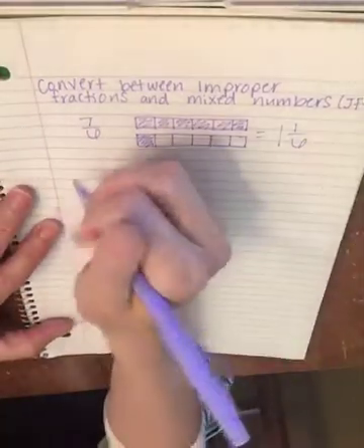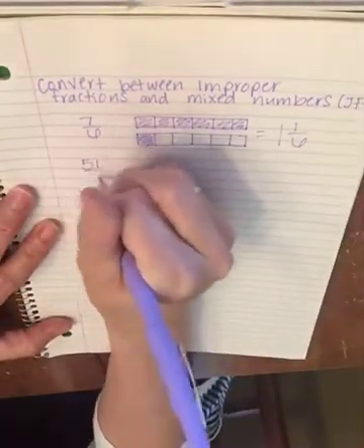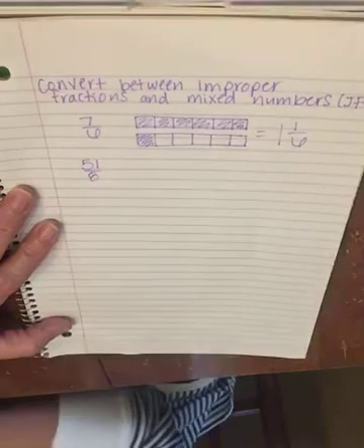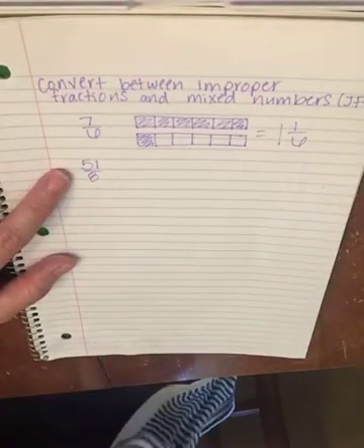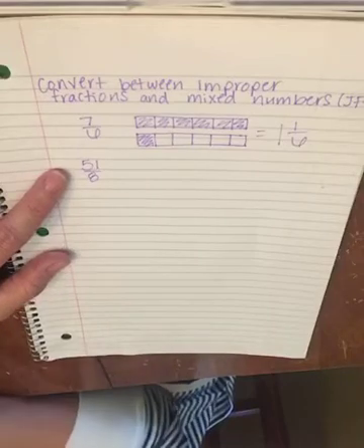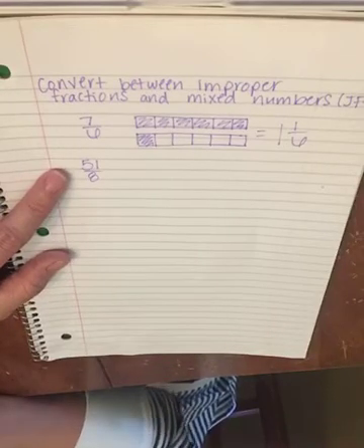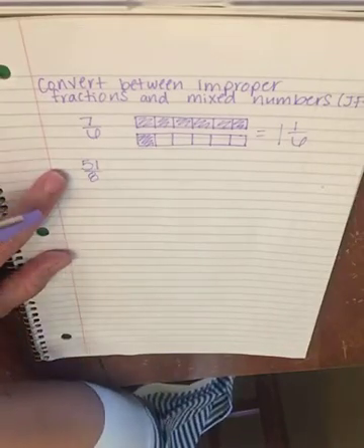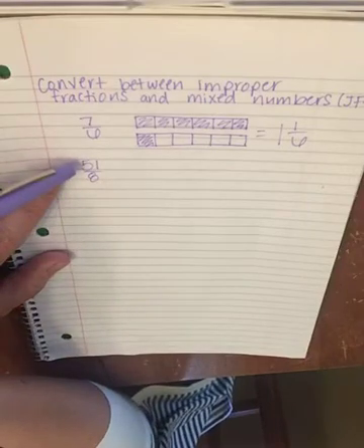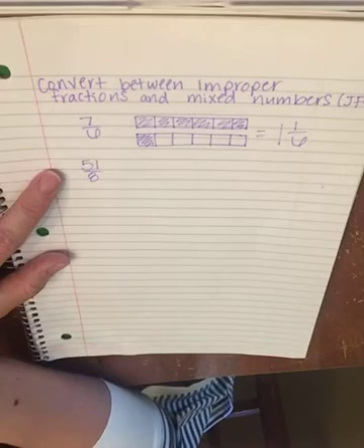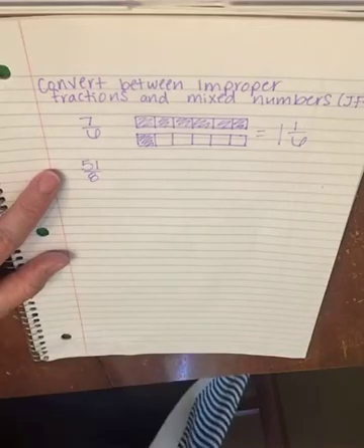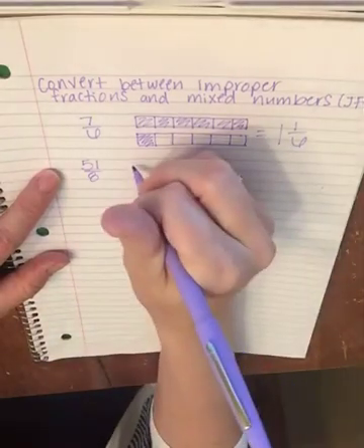Ooh. The next one it gives me is 51/8, okay? It's asking me to write it as a mixed number, okay? Now this one's a little bit more tricky because I don't know if I want to draw the models to show 51 pieces. So what I'm actually going to do is I'm going to use a little bit of my mental math skills or my understanding of fractions, okay? So if I do 50